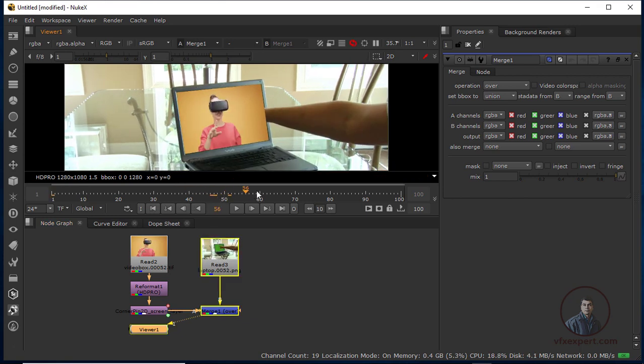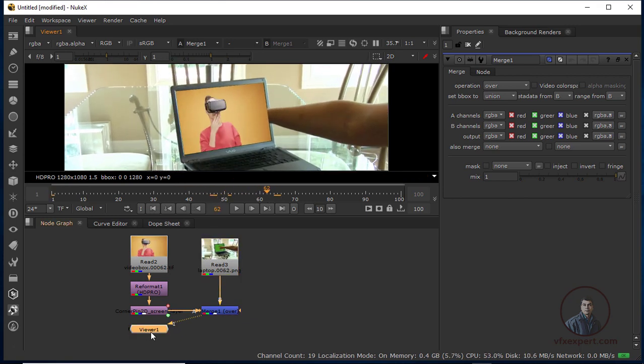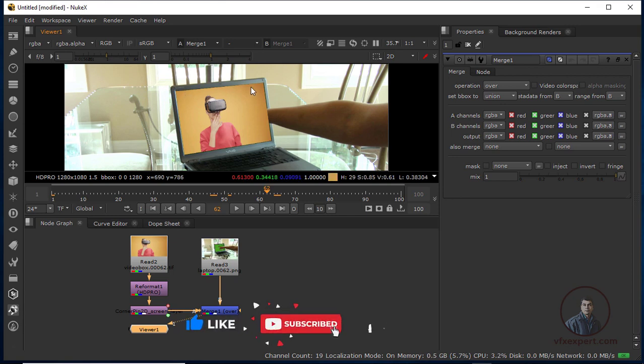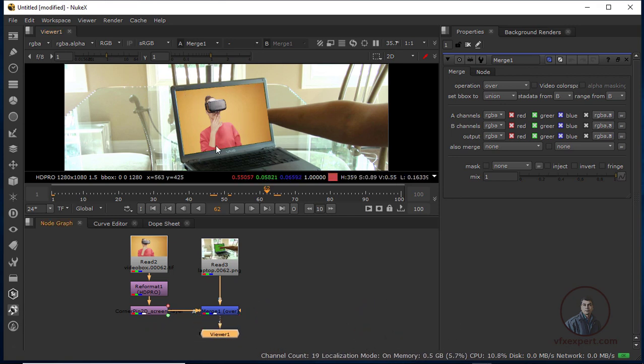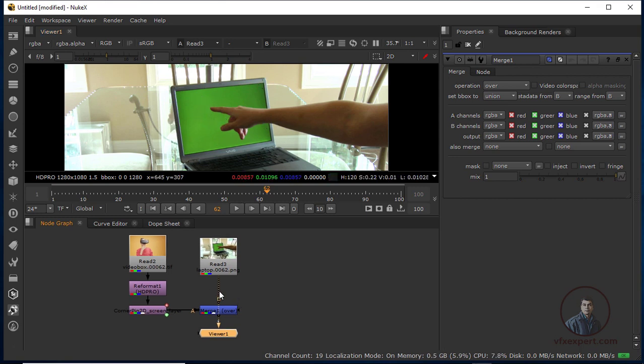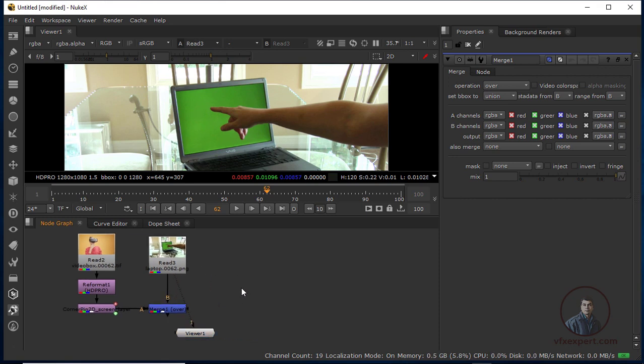Now here you will see your screens is following according to your screen's motion, but the hand is under the footages or images. So to correct this one we have to first remove our chroma. Now here see this one, this is your chroma footage. So first we have to remove our chroma, then we have to compose. I have already removed chroma with the help of some keyers.